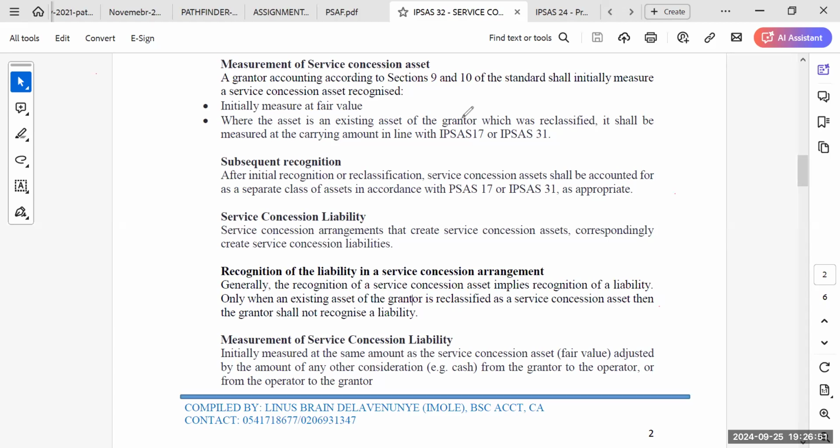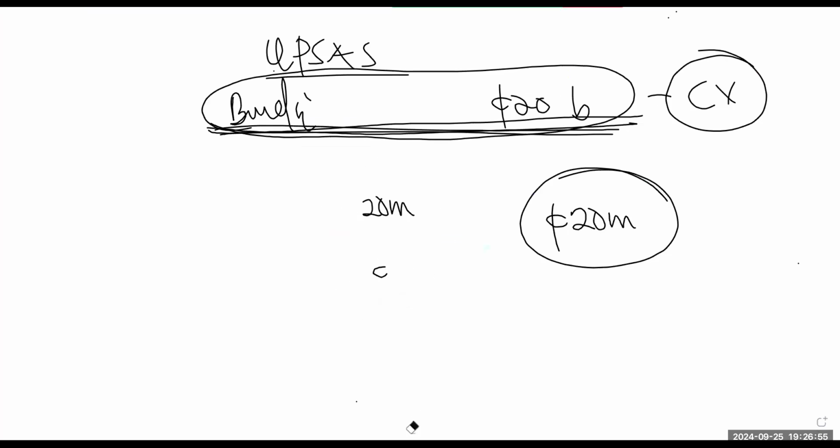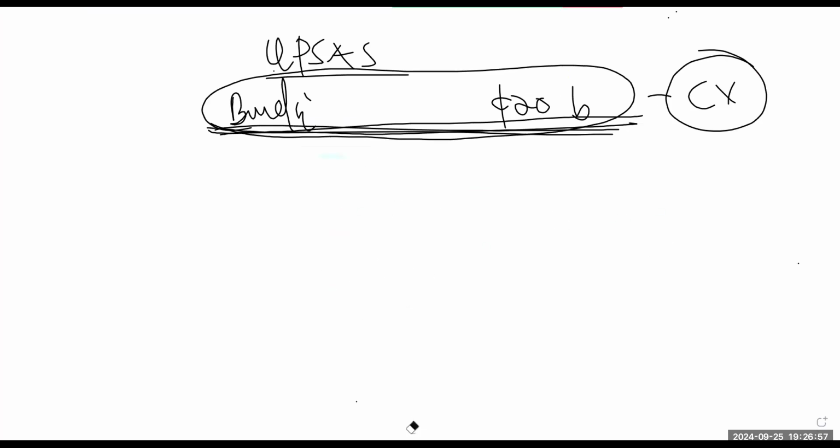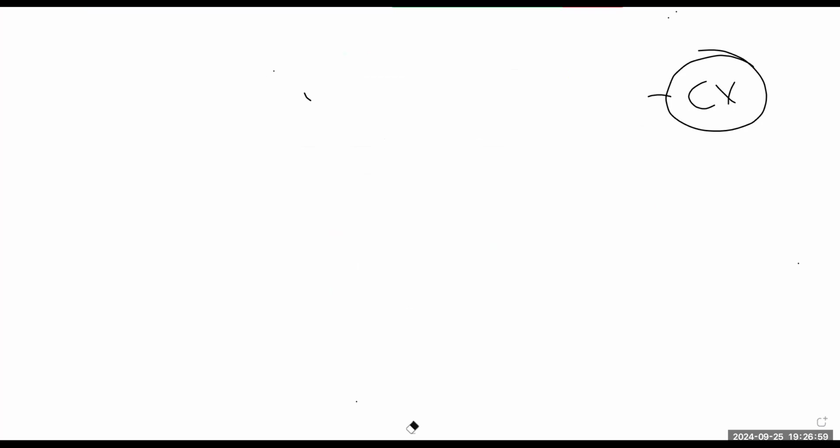what you have to do is that the question will be telling you that the government will not be making any payment for this particular asset. So it means that the person is going to be getting the money through the use of the assets. The same way, the question can,